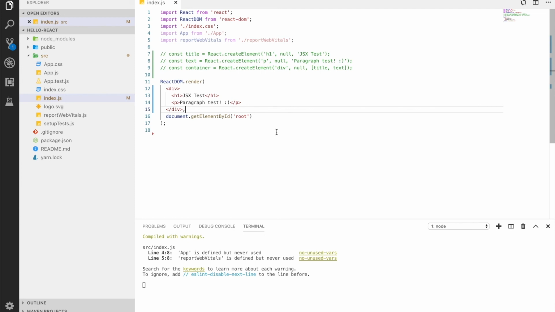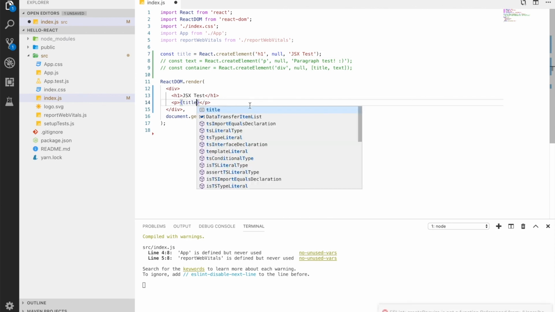If you want to use JavaScript code in JSX grammar like this, put braces like this and write JavaScript related code. Put the braces and let's say title, and then just put title.